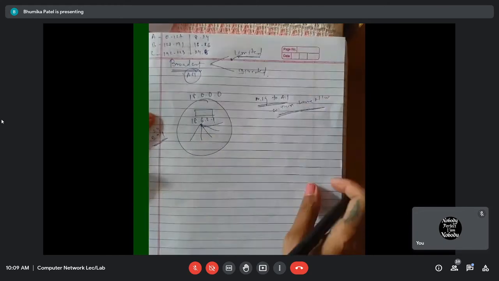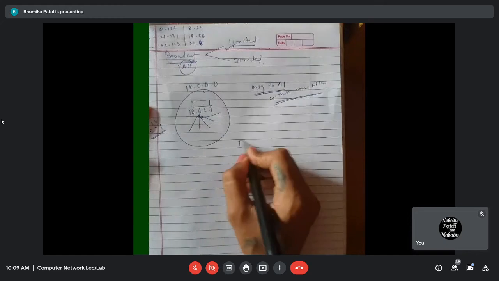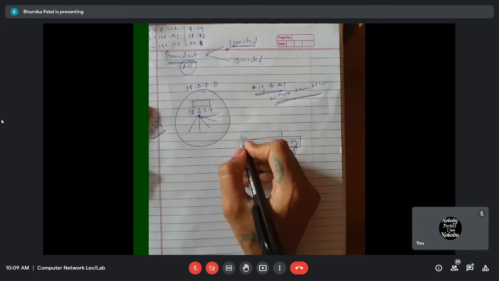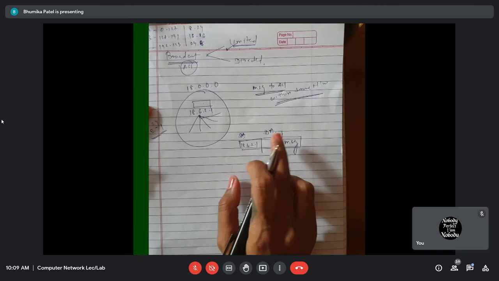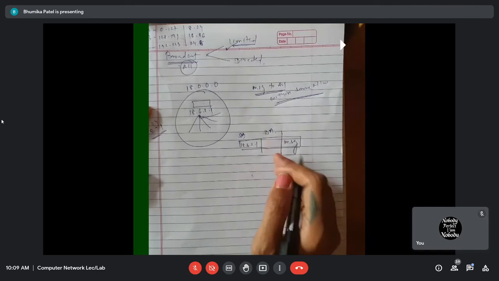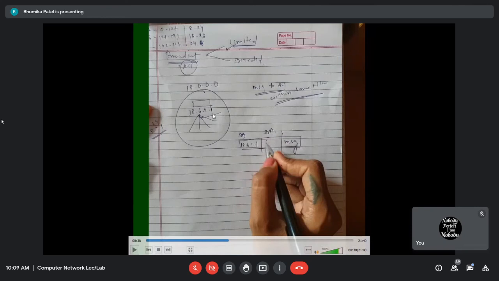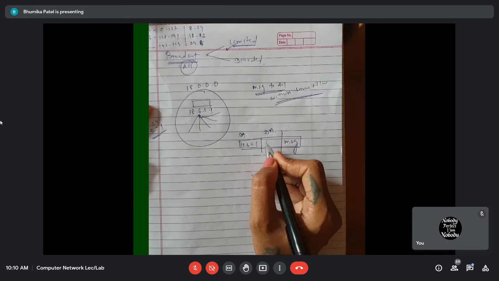Okay, then what I'm going to do, see, if I use one-to-one, that is unicast, the message will be as it is, source address and destination address. Source address is 18.6.2.1, and here I have to write one by one the IP address of each device. Suppose it is 18.0.0.1, then 18.0.0.2, then 18.0.0.3. Like this I have to write everyone's IP address one by one, and then I can send the message if I'm using unicast.